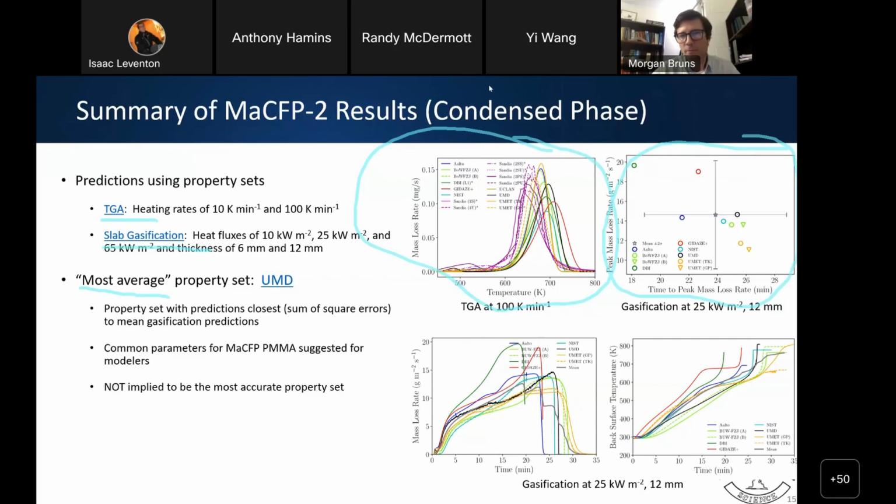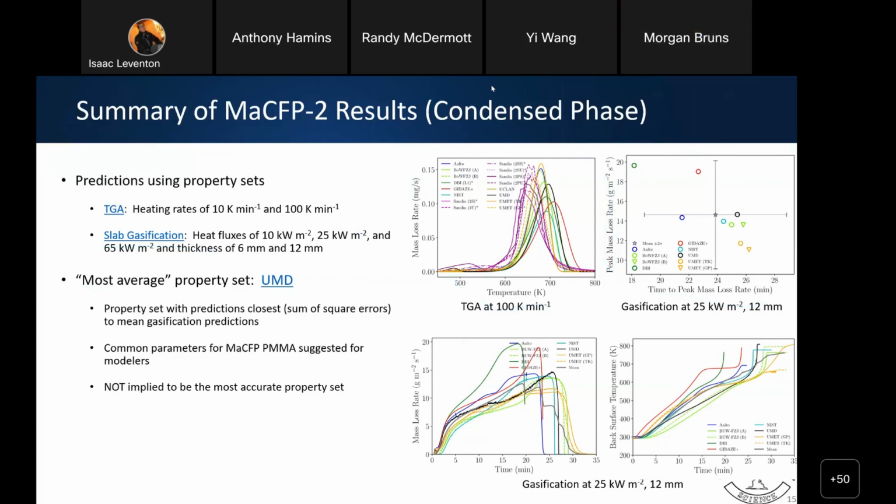Good. Thank you, Morgan. So I will jump from here, going from what we did in MaCFP2 on the solid phase to the validation exercise we had moving forward. A big goal of this, as Morgan pointed out, was if you're doing these coupled simulations of fire growth and flame spread, a modeler is probably going to want to have a property set that they can just plug into their model. So as we get to October, right now, if you're just setting up your initial models, start